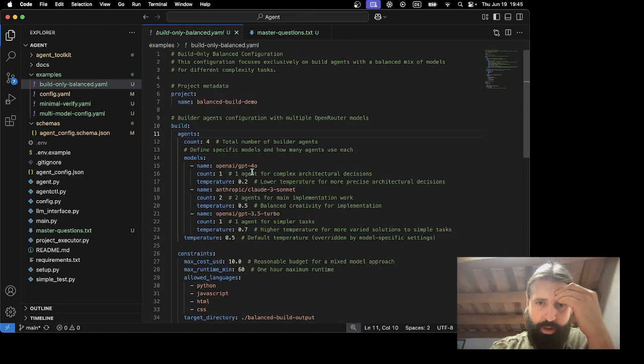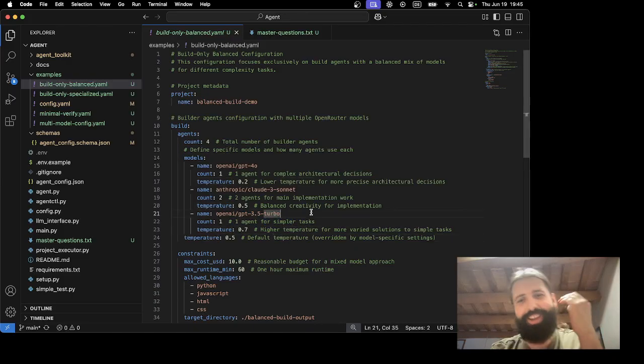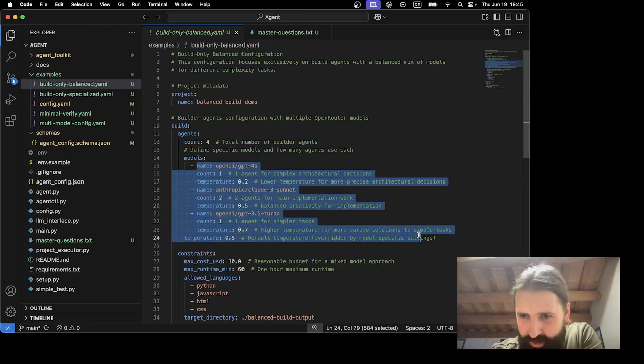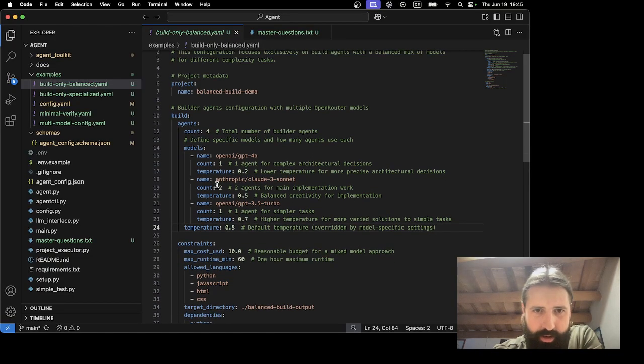Okay, so Sonnet for implementation and architectural decisions, and 3.5 Turbo for simpler tasks. I love this. This is perfect, man. Best hiring practices ever. Temperature.